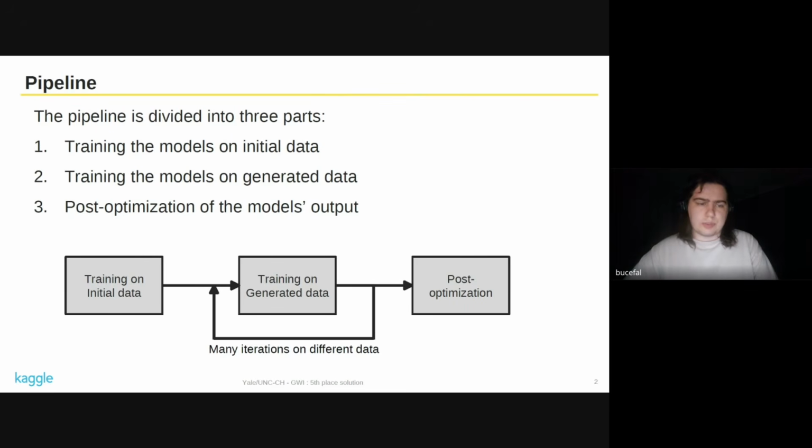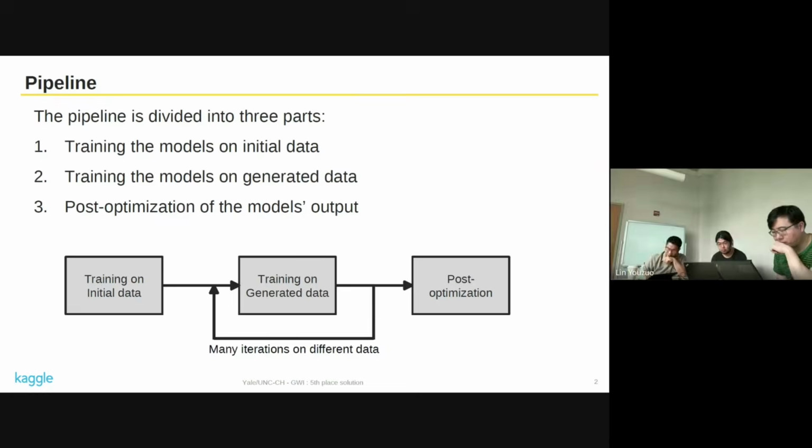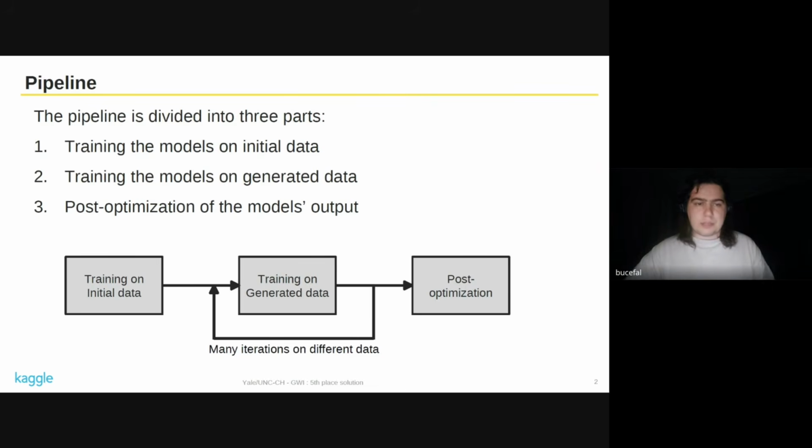First is to train our models on the initial data, then generate some additional data and train these models using this additional data, and repeat this process as many times as we can, and perform some optimization techniques on the final output to produce our final solution.